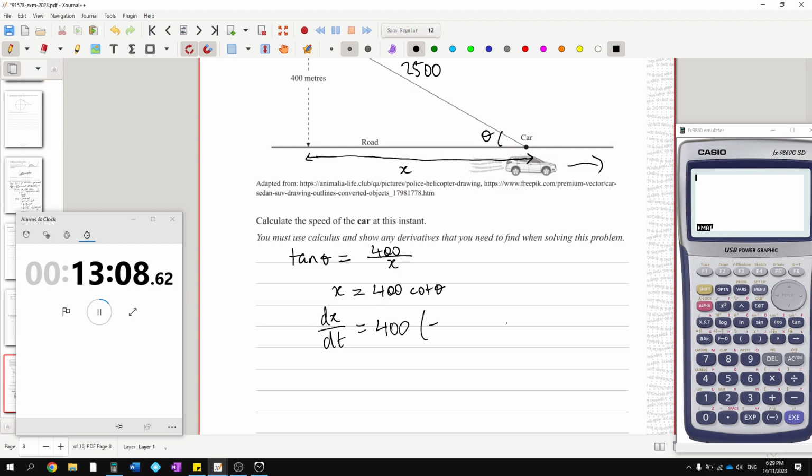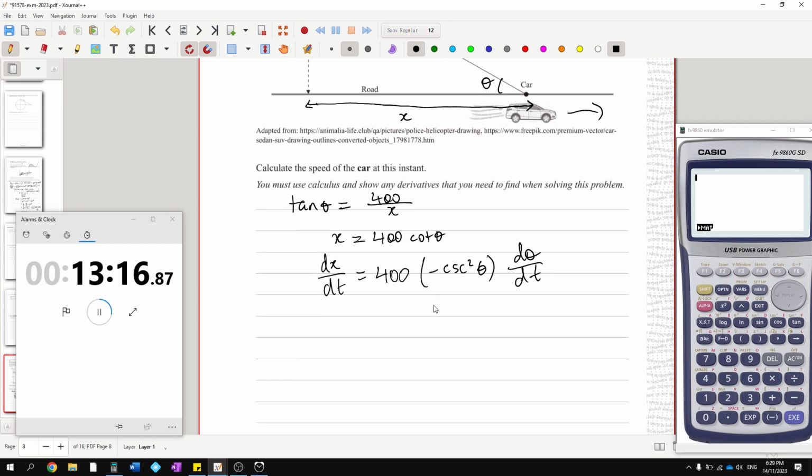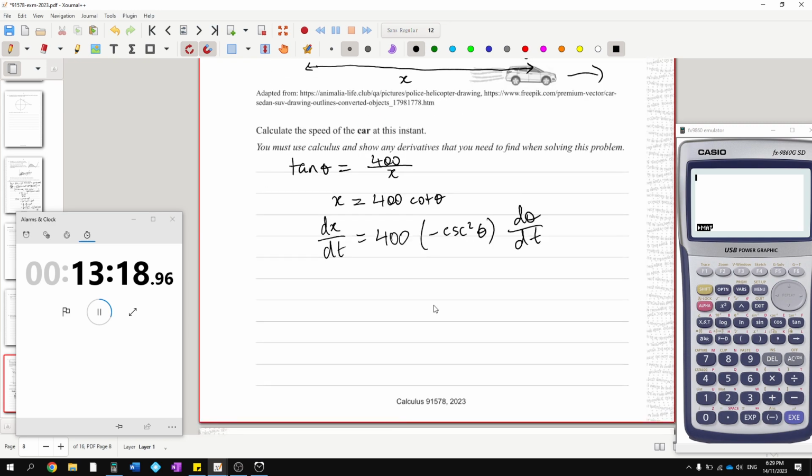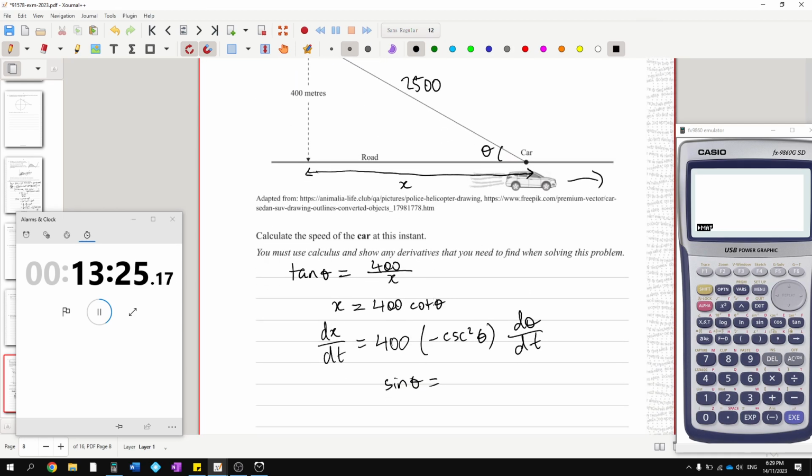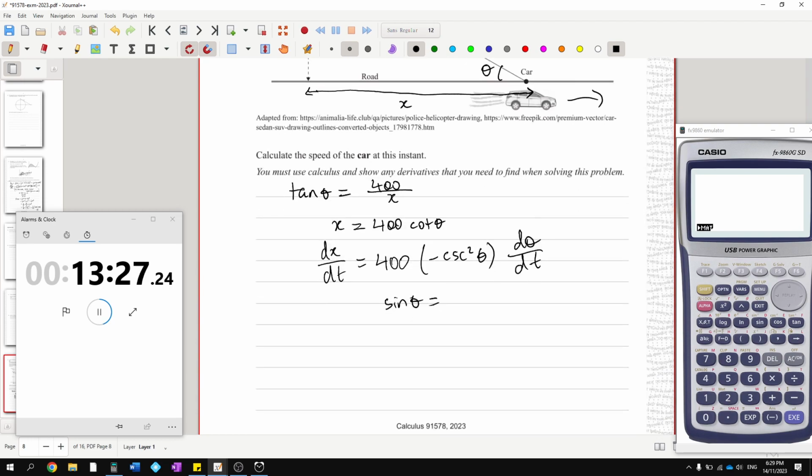It's like minus cosec squared theta times, because by the chain rule, you've got to take out d theta dt, but sine theta, yeah, that would work. Yeah, sine theta is 4 on 25,